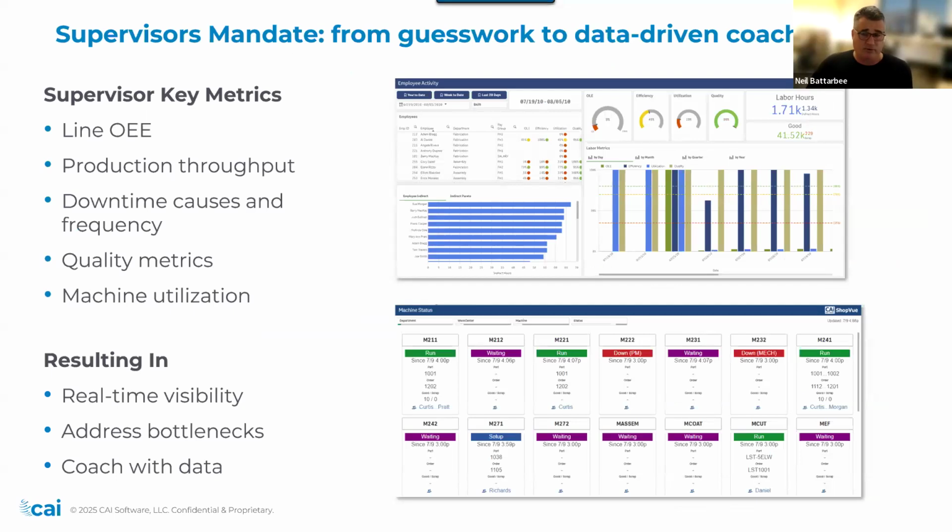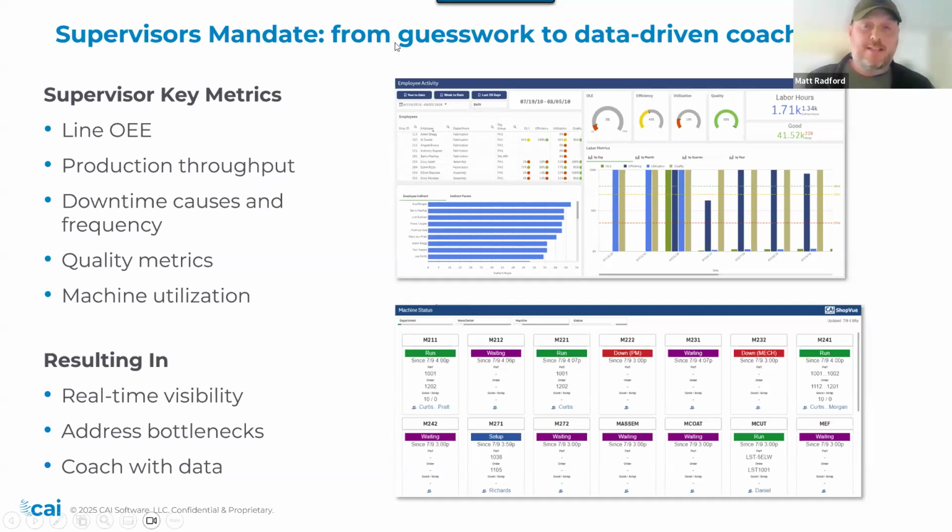All right, so that's a focus on the operator, and let's move up to the line supervisor a little bit and understand what they're responsible for. They're responsible for a cell or an entire line, and they can't manage it just by watching one machine. So what does their dashboard look like, Matt? And what are the primary goals or the benefits of a good set of line supervisor metrics?